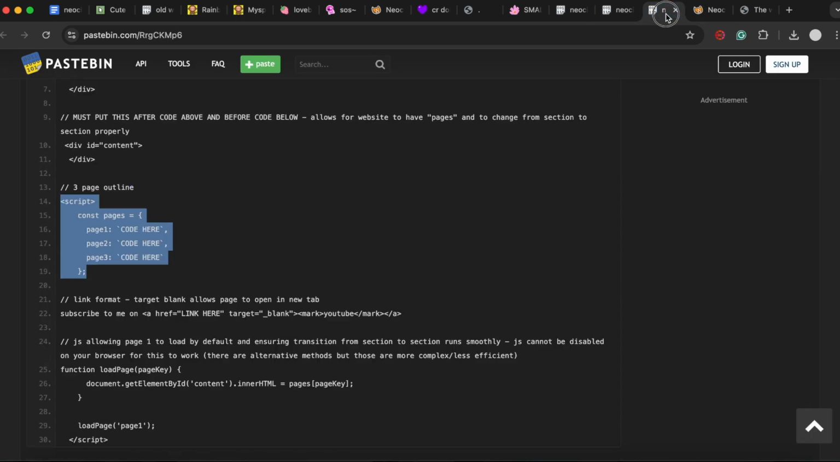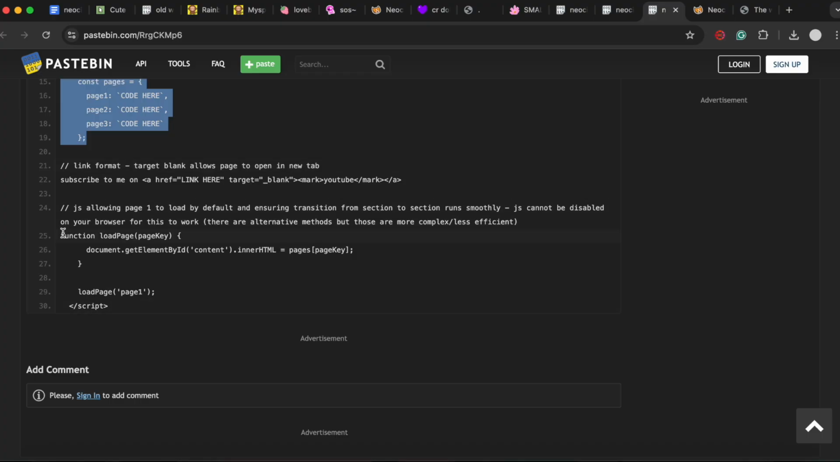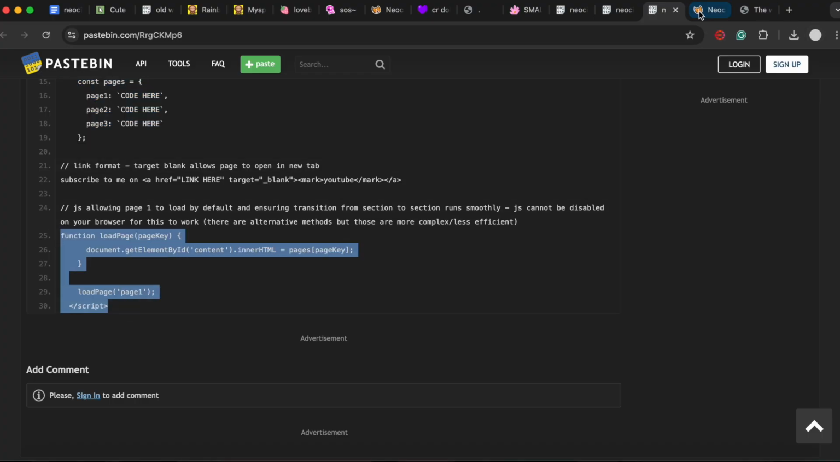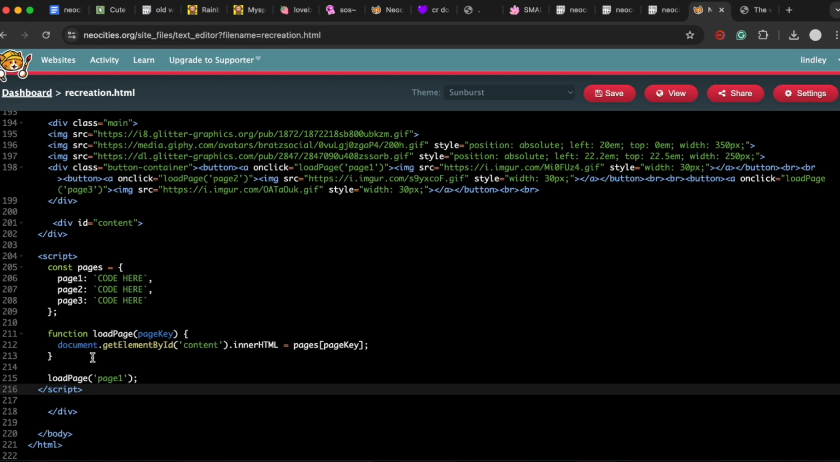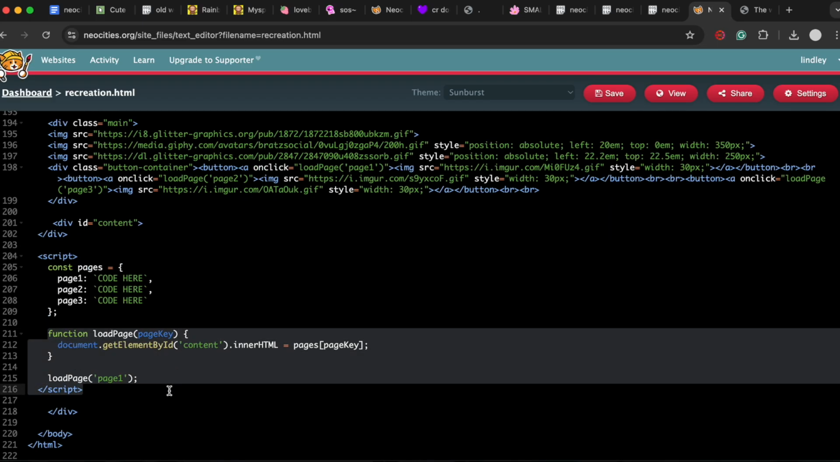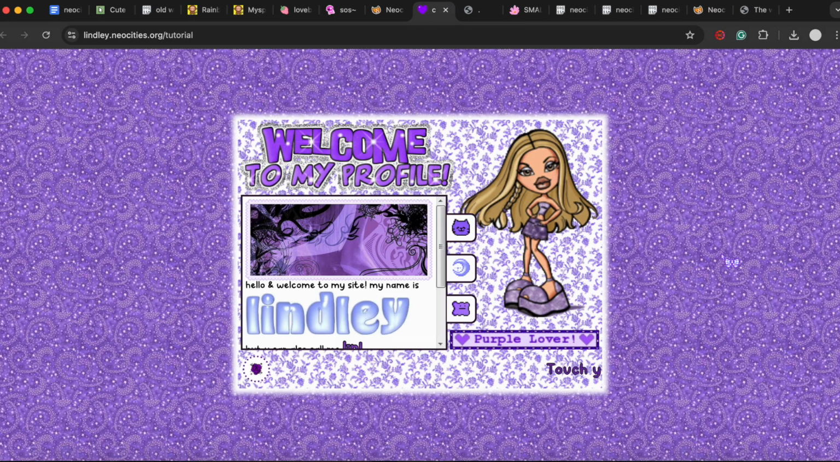I'm just going to copy all of this directly below that. And there you go. Now it's not giving you an error. So this is basically the JavaScript that allows the website to move from page to page, and instead of having